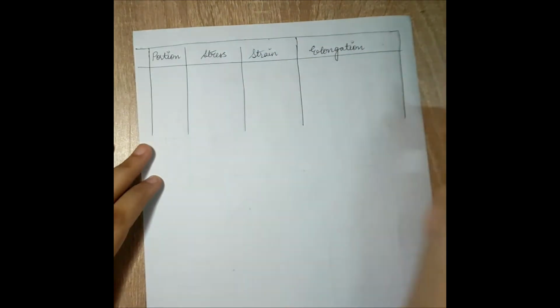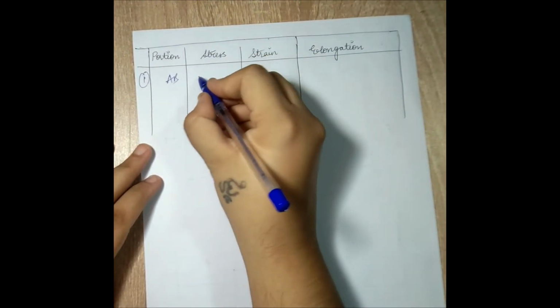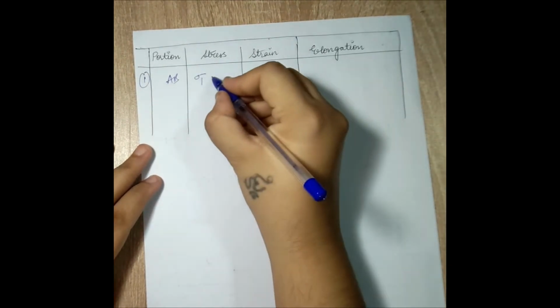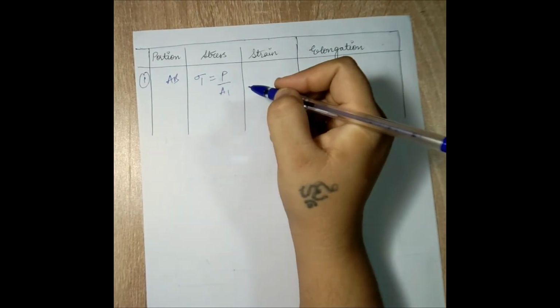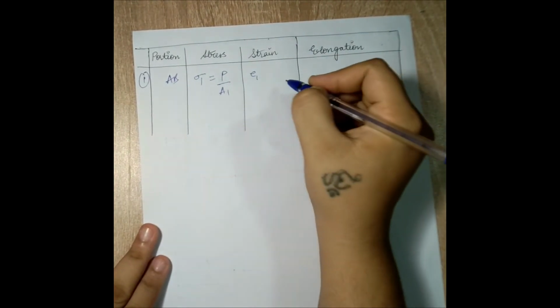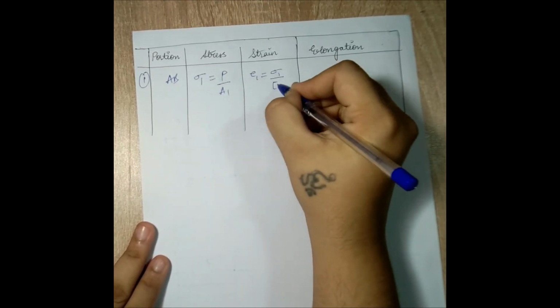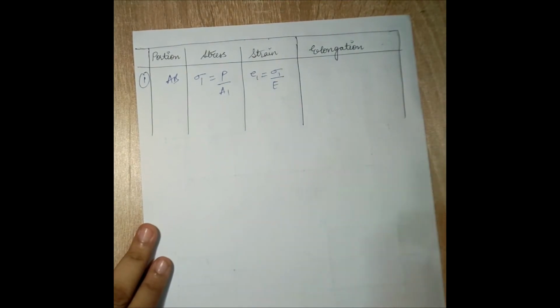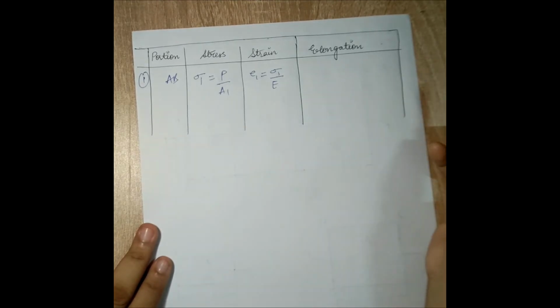Now let's look at some terms which we need to find. First portion is A to B. For A to B, let the stress be sigma 1. The load on this AB portion is P and the area is A1. Strain is given as epsilon, so I will call it epsilon 1, which will be sigma 1 upon E. Assuming that the Young's modulus of all the material is the same, which means all the bars are of the same material, steel, brass, copper, anything, so I am just taking this as E. Had this been different materials, then I would have taken E1, E2, E3.